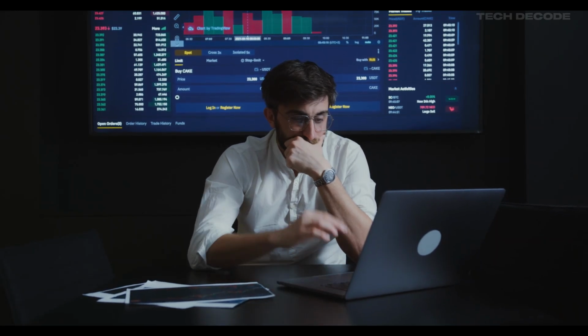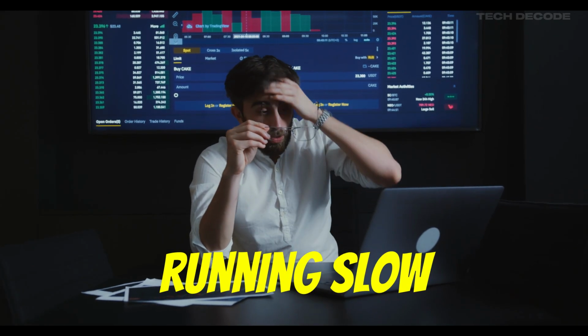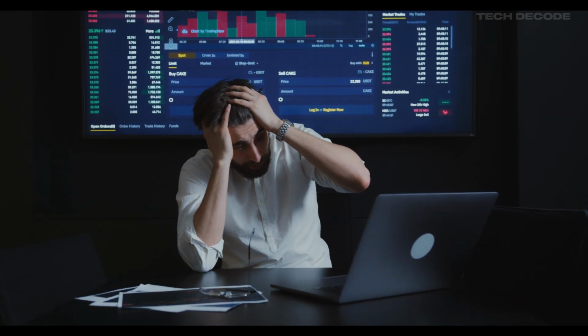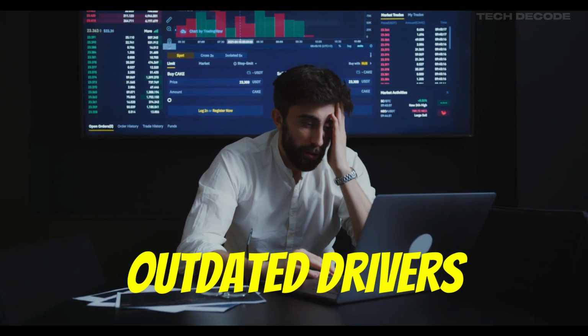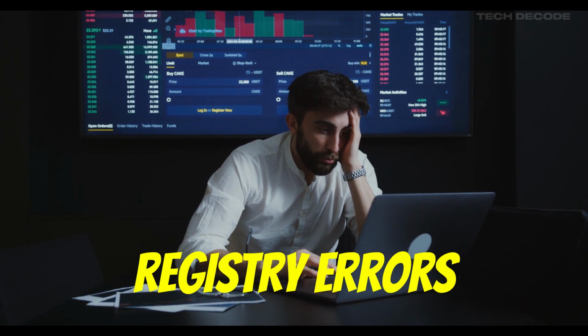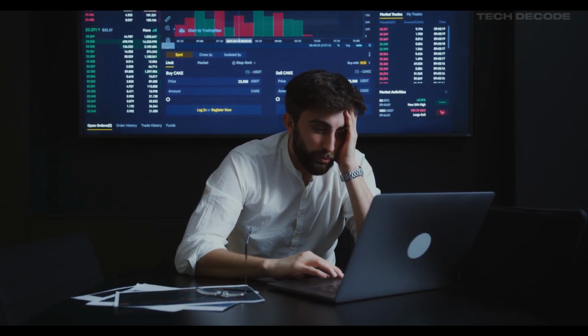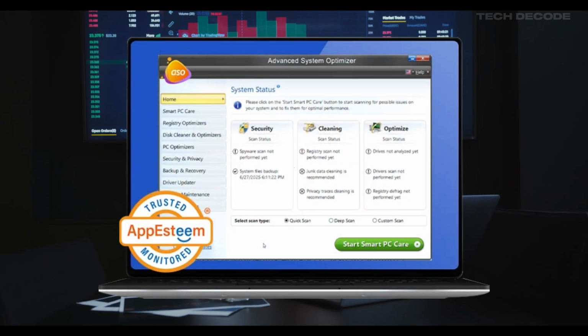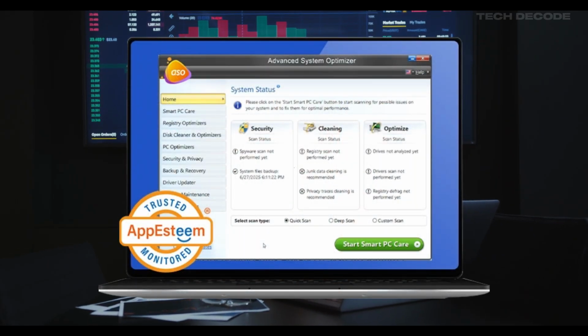Hi everyone, is your computer running slow, freezing or cluttered with junk files? This can happen over time, where PCs accumulate temporary files, outdated drivers, fragmented data and registry errors that drag down performance, and this is where Advanced System Optimizer can help, which is designed to address all these